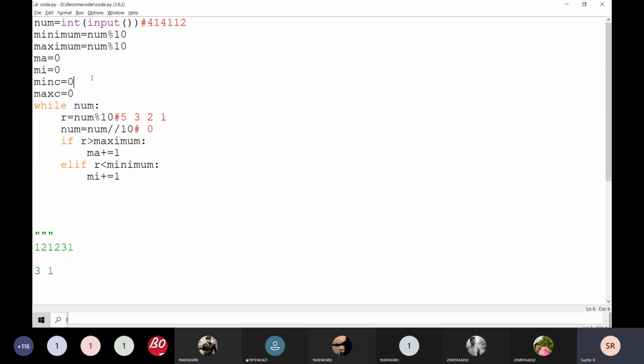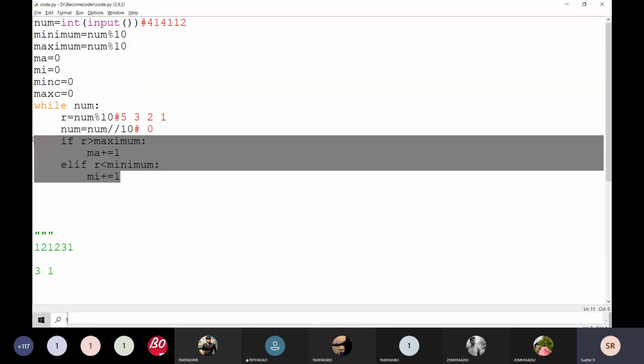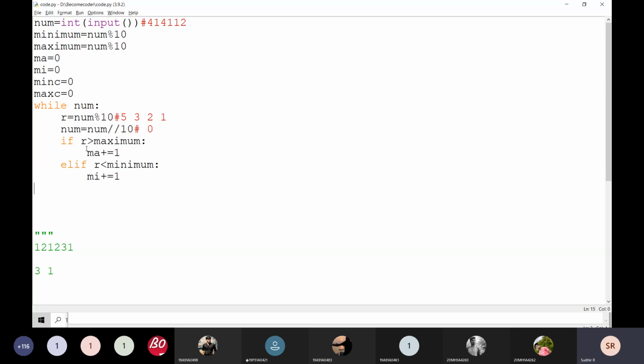The minimum value is greater than r. First of all, I'm going to concentrate on the minimum value, then I will go for the maximum value. That is going to be the number.